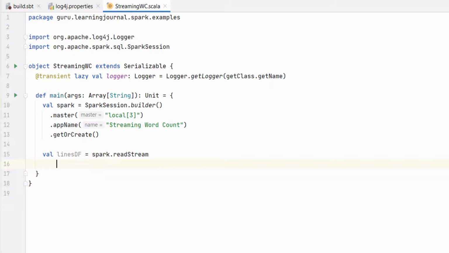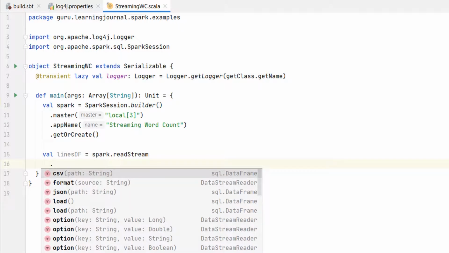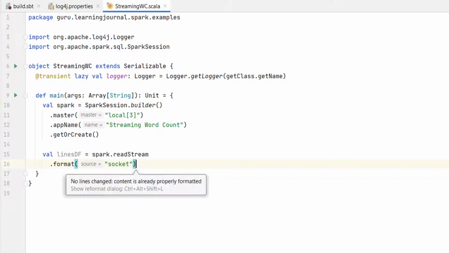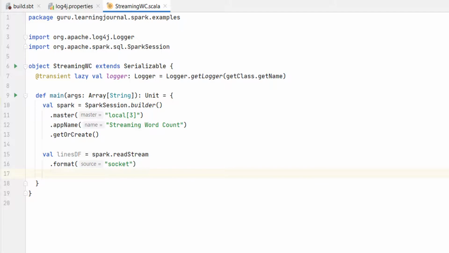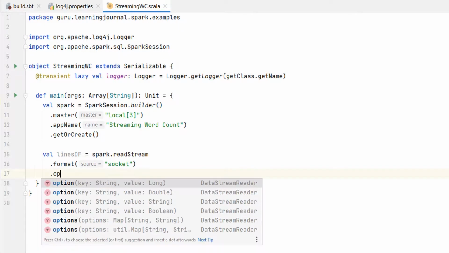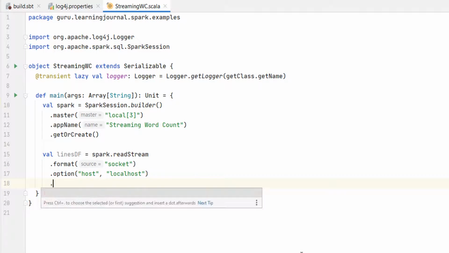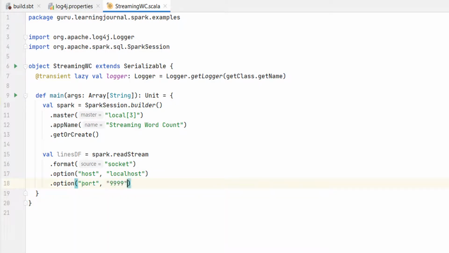So, just like a data frame reader, you can specify the input format, set the necessary options, and load it, right? In our case, the format is the socket. The first option is the host and the second option is the port. That's all we need. Finally, we load the data frame.